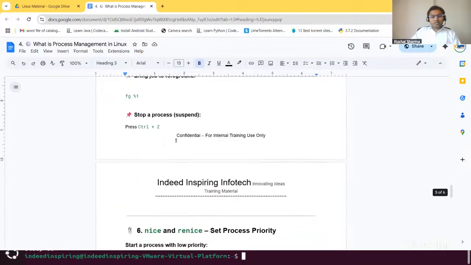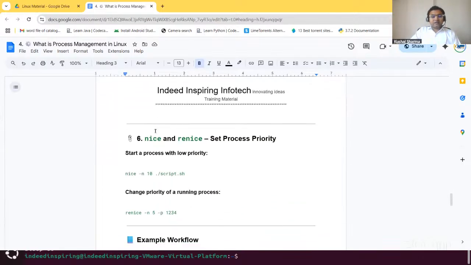Now, to stop a process, that is, suspend a process, you can do Control Z. It will basically suspend the process. And then nice and renice, to set process priority. So to start a process with low priority,